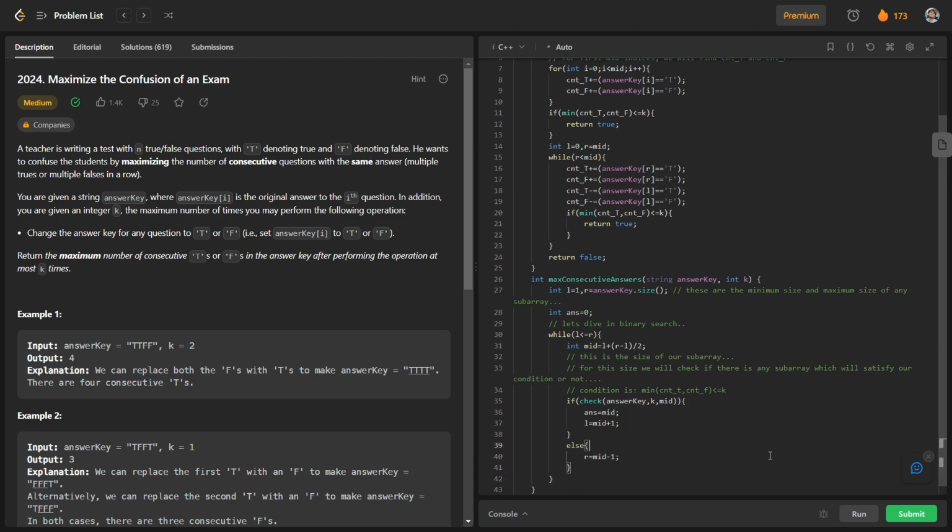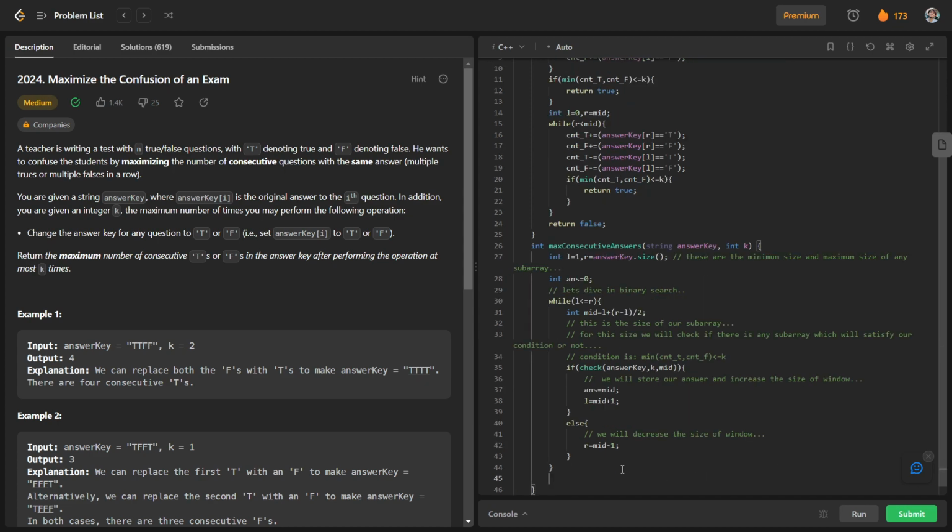So if the condition is valid, we store our answer and increase the size of the window. If it is not valid, we decrease the size of the window. After this, we will return our final answer.